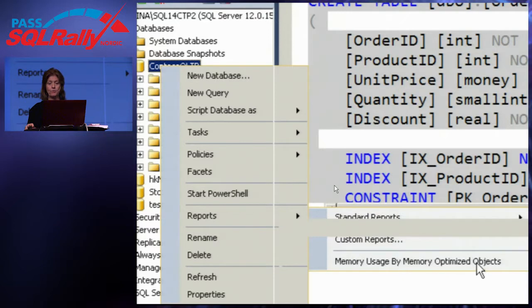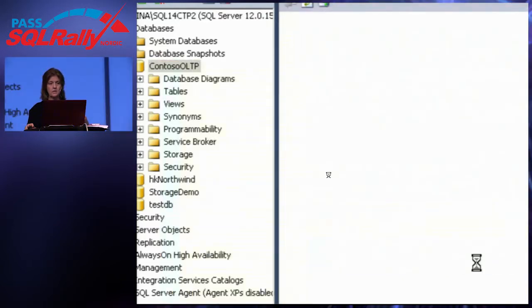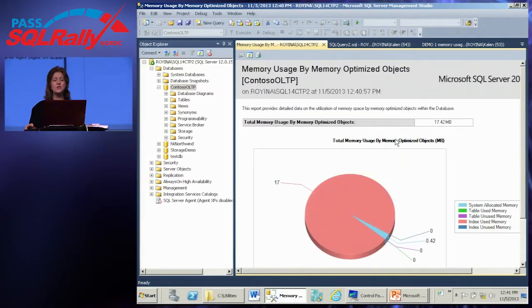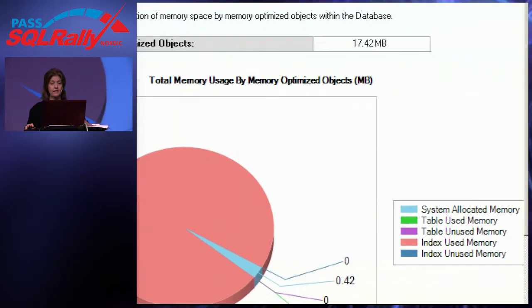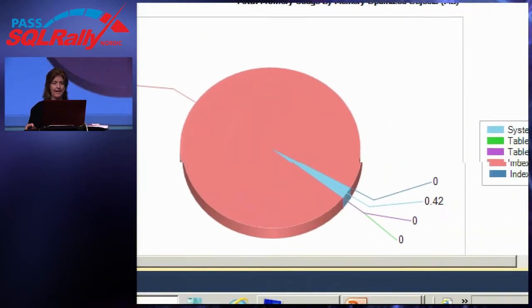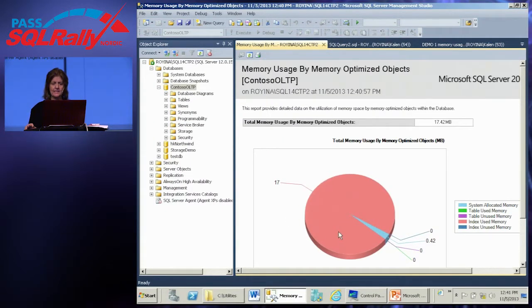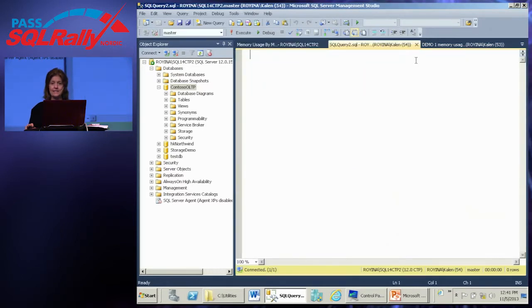And when I run that report, even though there's no data in this table yet, there is index space taken up because those hash buckets were all created. That's all the pink area here, the index used, and it is 17 megabytes. If you did the math, you would have come up with a number pretty close to 17 megabytes. So that is the initial memory report before I put any data into this table.